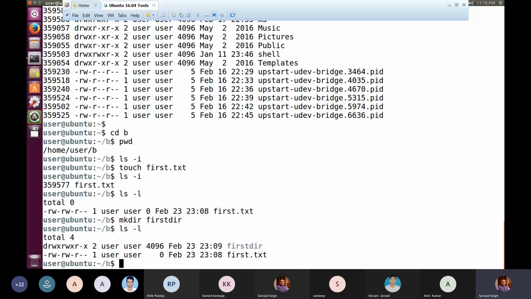Now if you look at this second entry, the file which I have created. In earlier sessions also I told you that touch is not meant for creating a file. It is more than that. Touch is basically used to change the time stamping associated with a particular file. Time stamping means, suppose I created a file 5 days back, and today it is the 24th, then I might have created that file on 19th of Feb. And then if I write touch